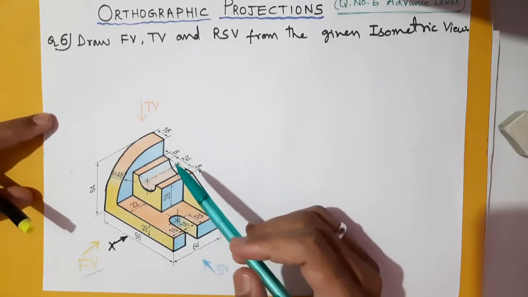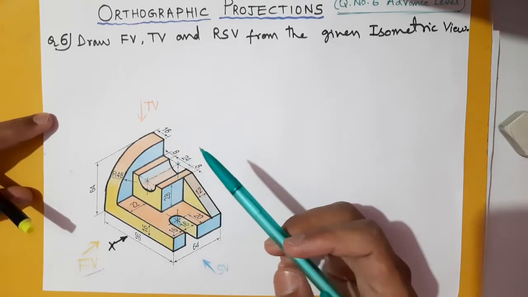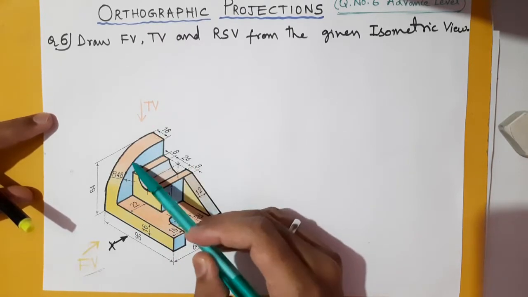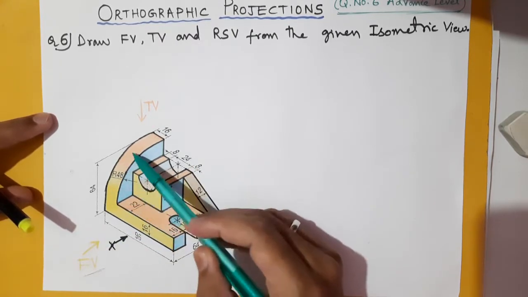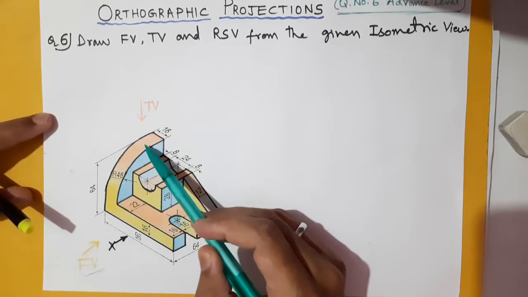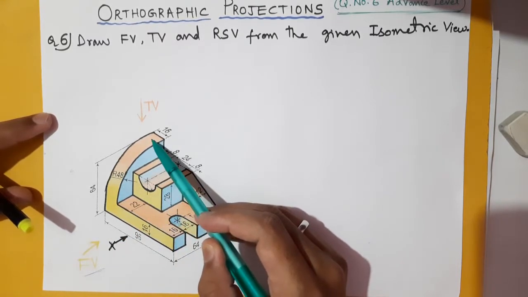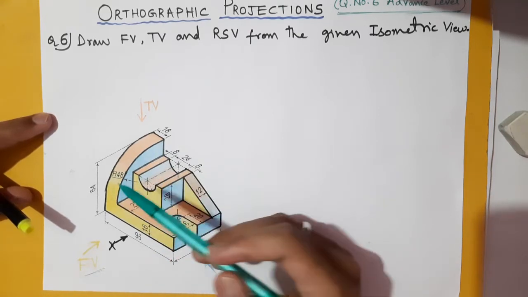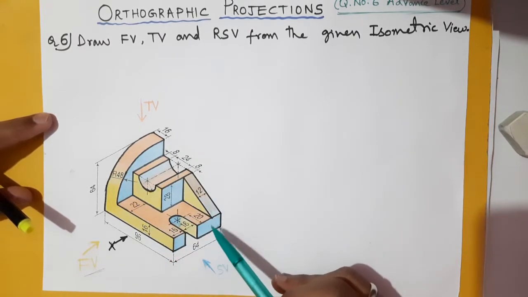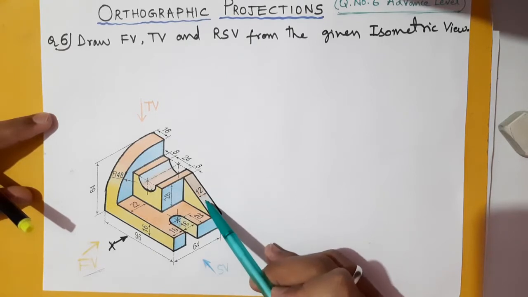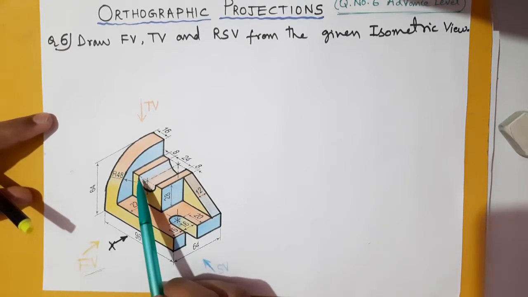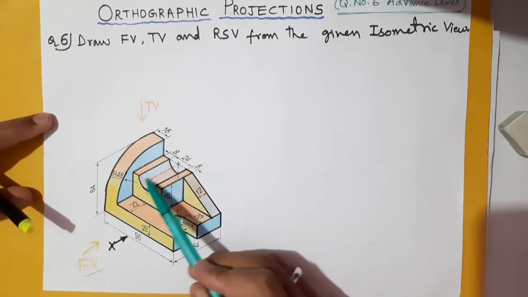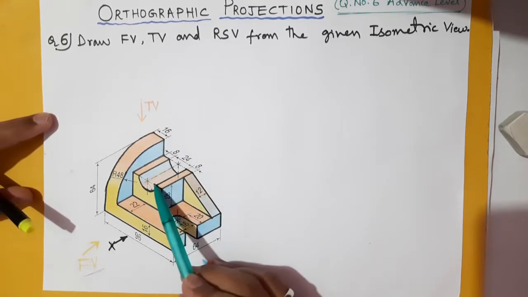But at some places which are common in multiple views, such as this curved surface, which is common in the top view as well as in the front view, we have mixed two colors. In the front view it will be visible, and in the top view this surface is also visible, but we have kept it like that. And here also in the side view, this surface is common for the side view as well as the top view, and this curve is also common. Here in the side view you can see this surface, and from the top it is the orange color.